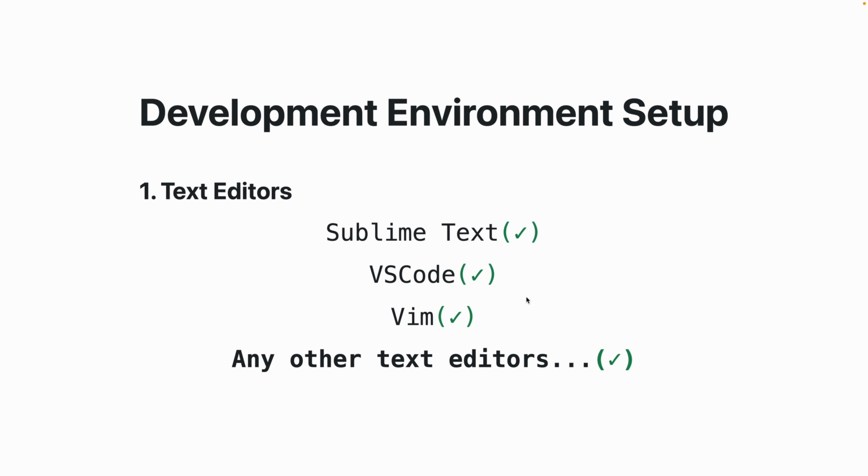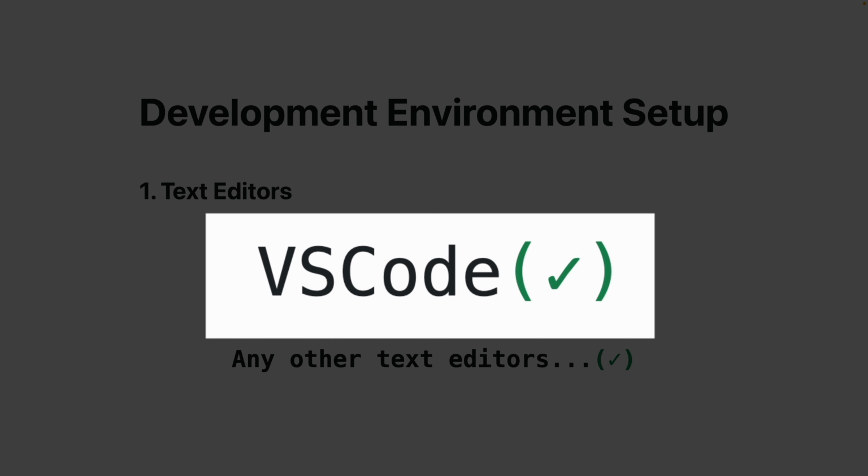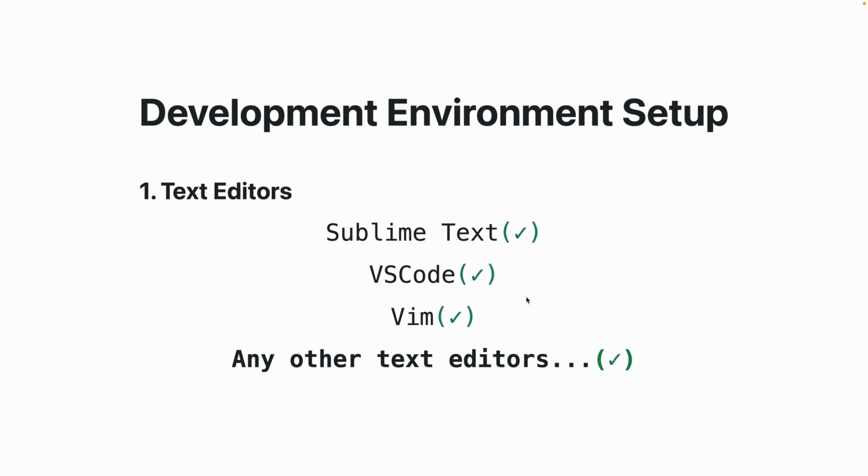My suggestion for text editor is Visual Studio Code. VS Code by Microsoft is free for commercial use. The key reason I chose VS Code is it provides a remote development feature, which will greatly benefit our development procedure on the ChipC industrial PC. I will show you how I code with VS Code in a later video, but for the installation process, I suggest you go to VS Code's official website for reference. There are also many tutorials on the internet. Pick one that gets VS Code installed on your own computer.